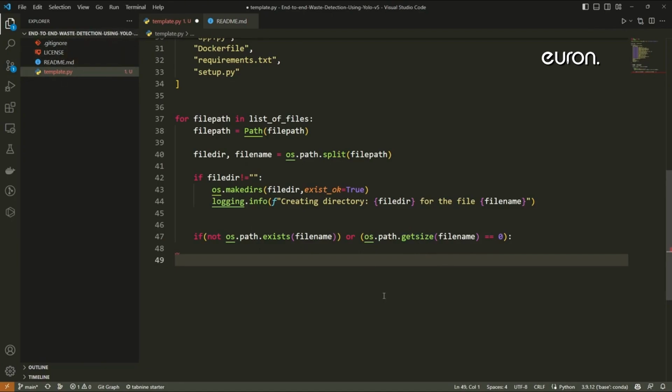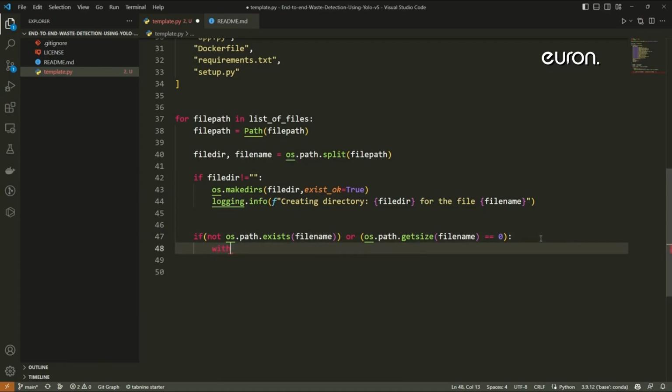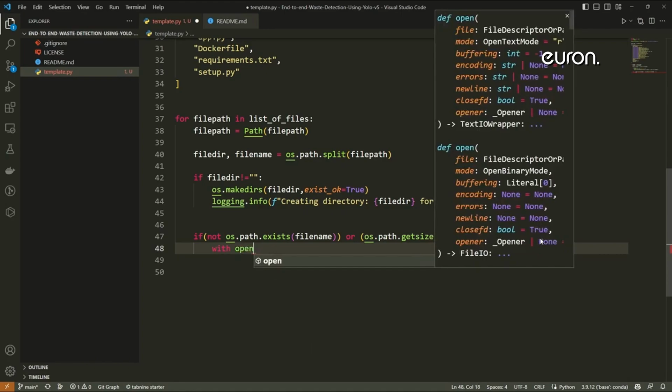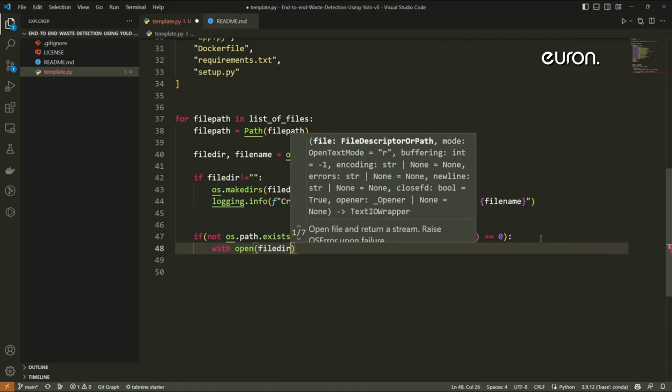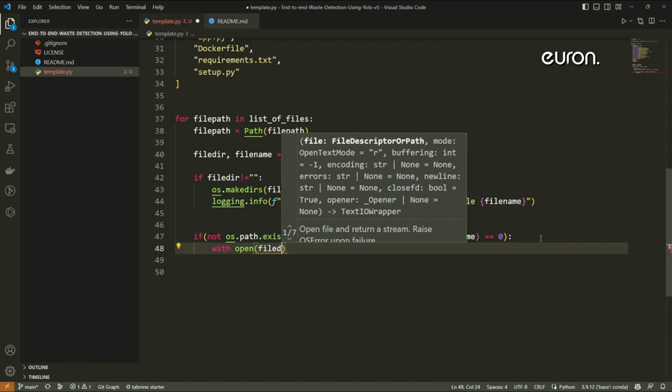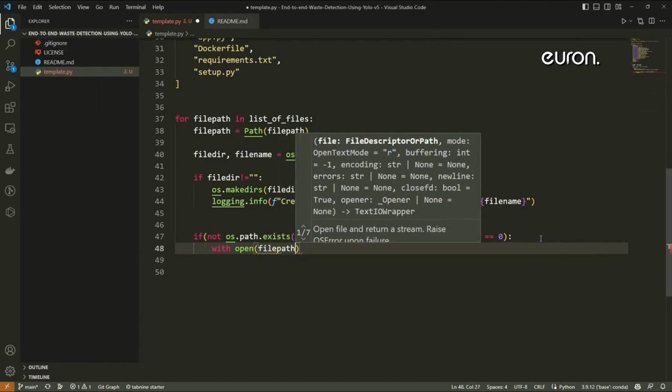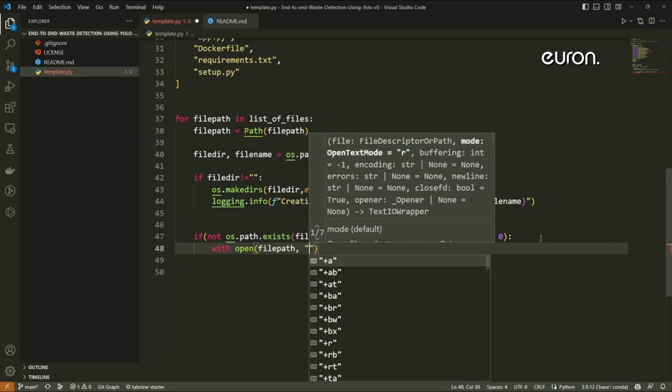If it has, then I will ignore that file, and I will create whatever files I'm missing in that folder. So that is the logic I'm writing here. So what I'll do, I'll create the file. I'll just write with open. I'll pass my file directory. Okay, it should be file path, I think. File path. I will open it in write mode